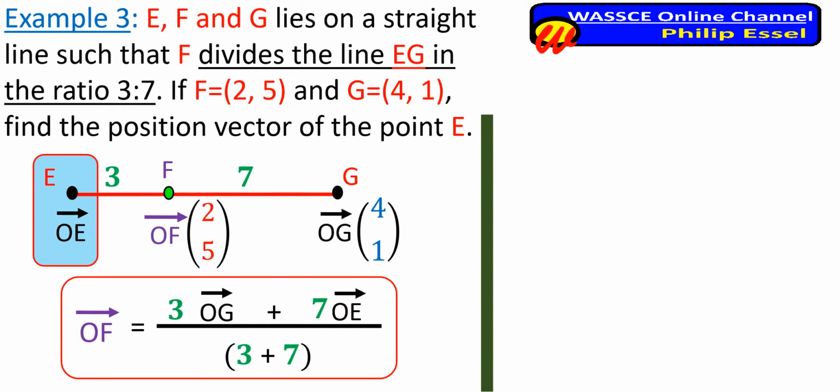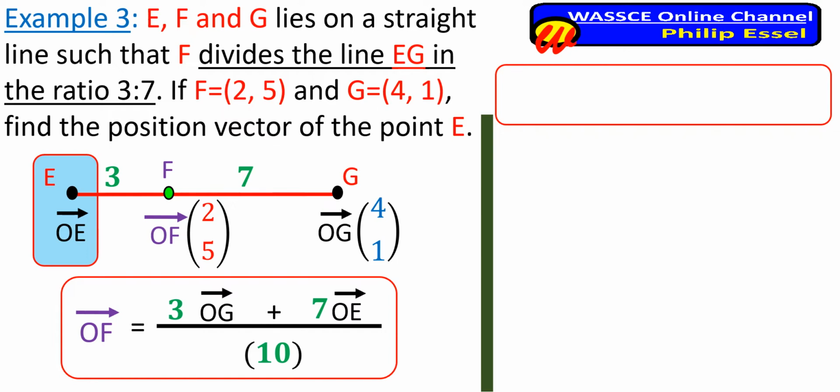When you add the 3 and 7 together, you'd get 10. At this point, we'll be doing cross multiplication. So we'll simply multiply the number 10 to the position vector OF. When we do this, we would get the 10